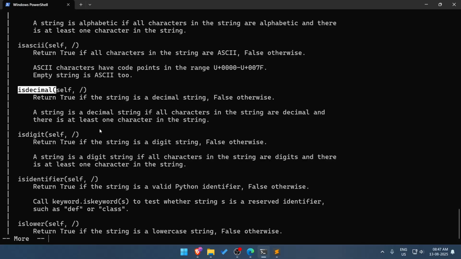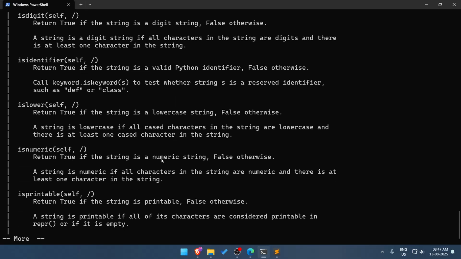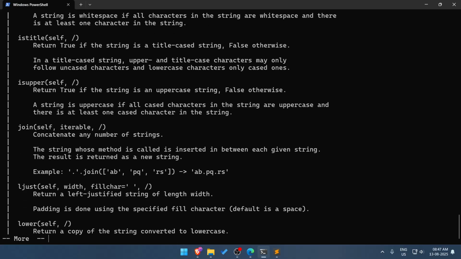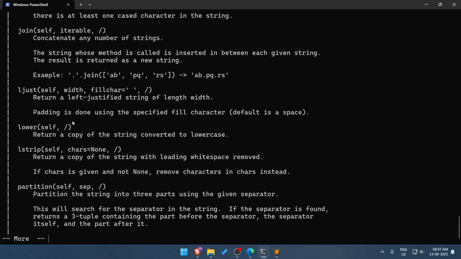Okay. Is numeric returns true if the string is numeric, false otherwise, so that there is at least one character. Okay, is numeric. So I can check is numeric.